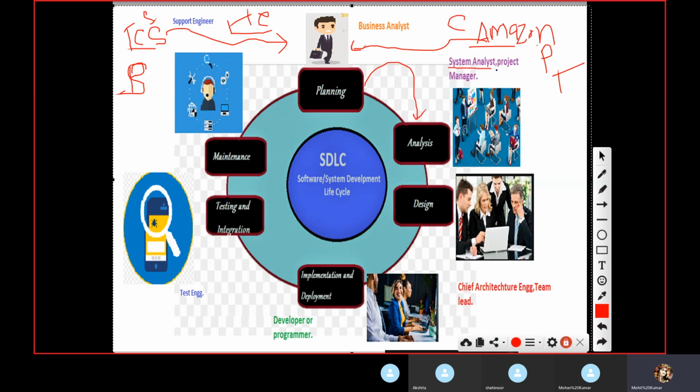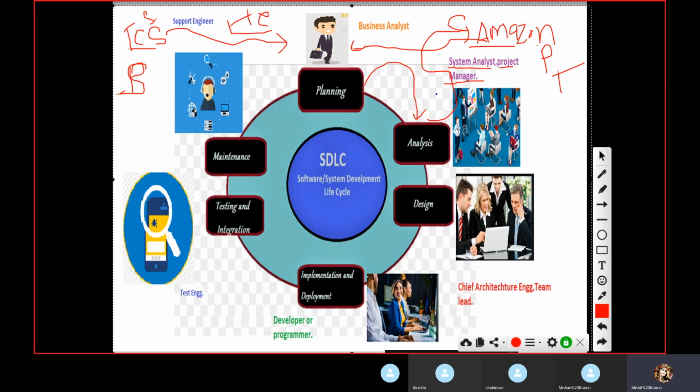Here the system analyst and project manager look at the requirement and analyze all of it. While analyzing, the requirement might not be clear, so again they will connect to the Amazon people: this is the doubt, and this is the requirement as mentioned in the document. Could you set up a meeting to understand your requirement one more time? This communication will always happen.